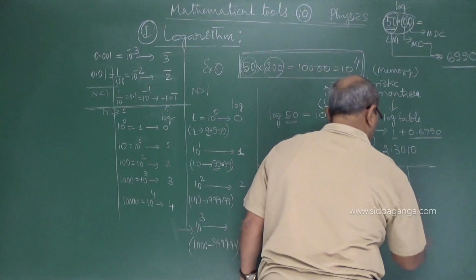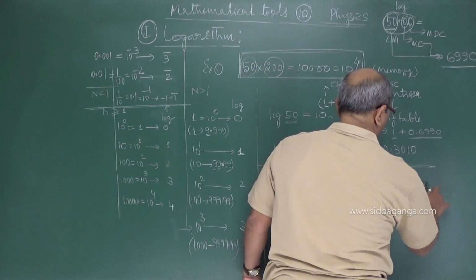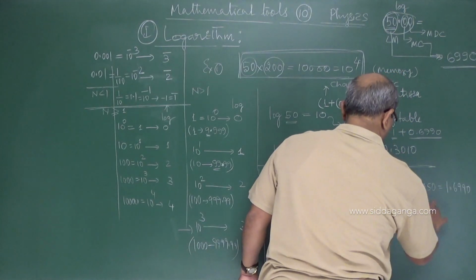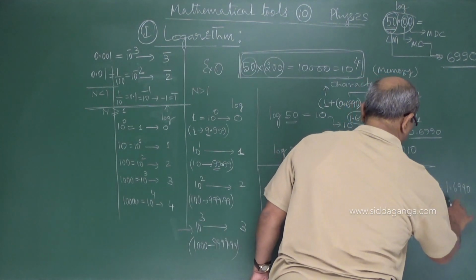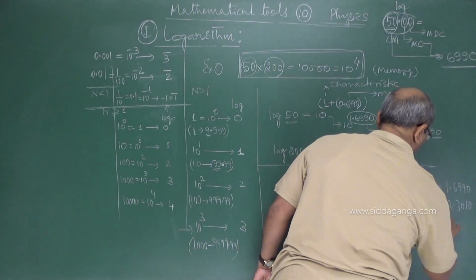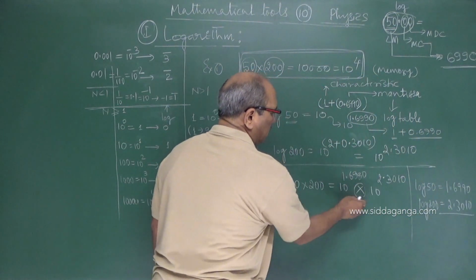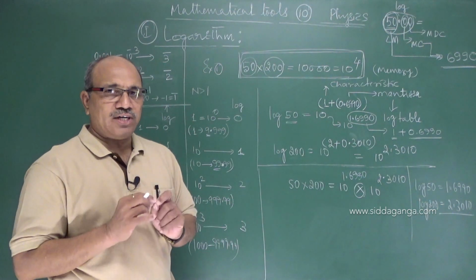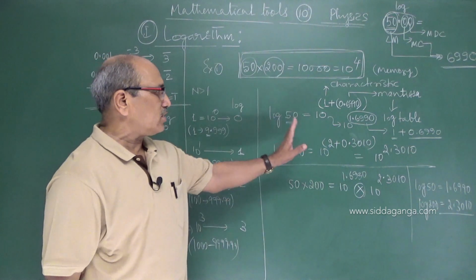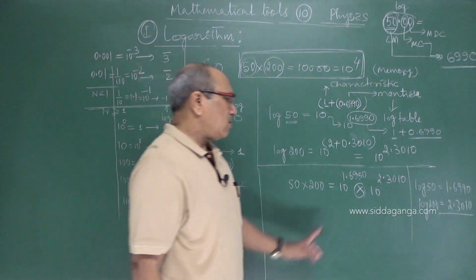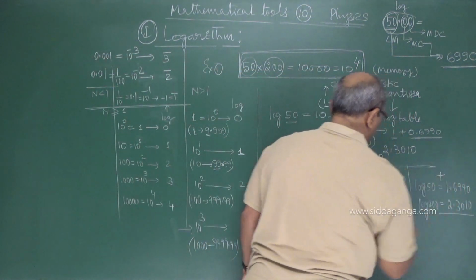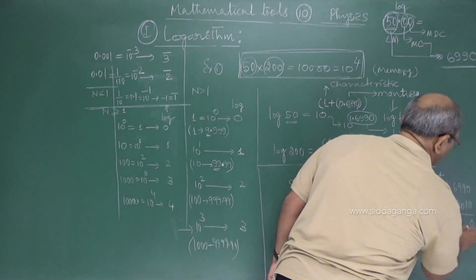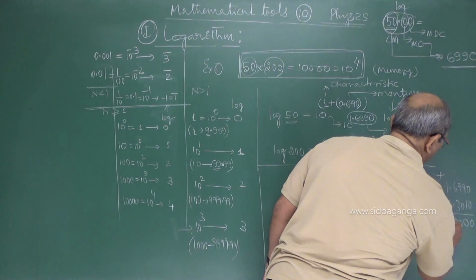Now as per the log procedure, log of 50 is 1.6990. Log of 200 is 2.3010. What is the operator? Now I have landed on that. So far I have only explained how to use the logbook for this purpose. Now coming to here, add these two because the operator is multiplication. Adding, it becomes 4.